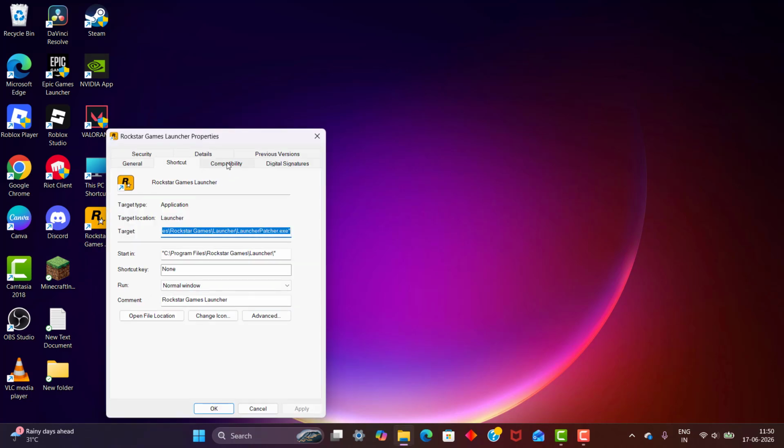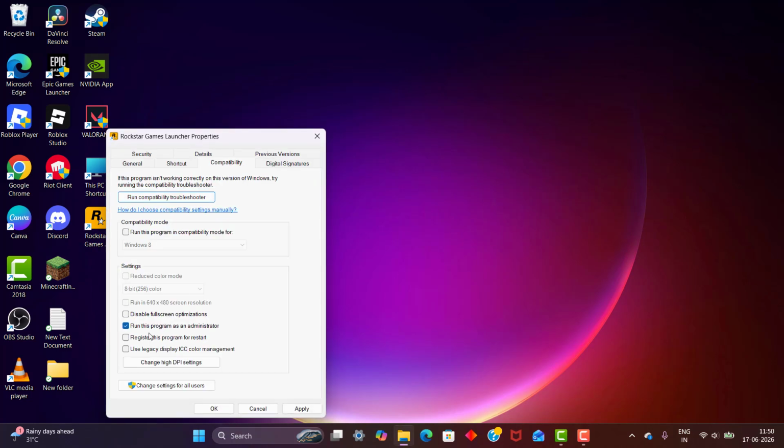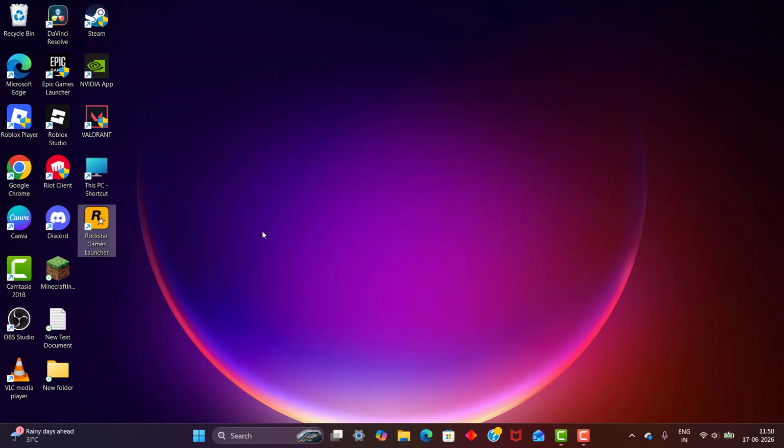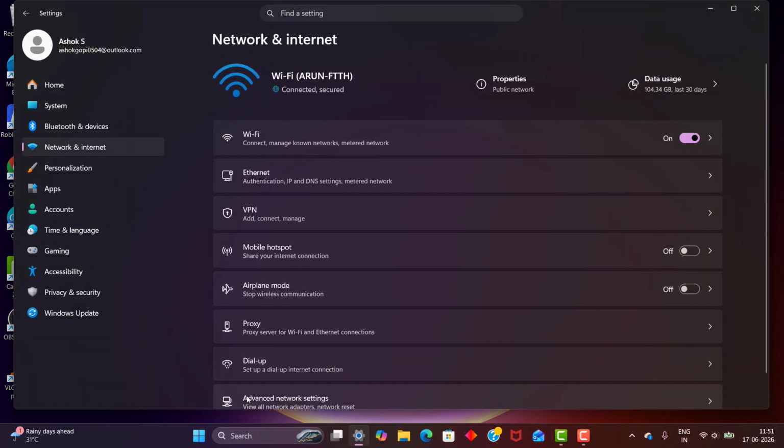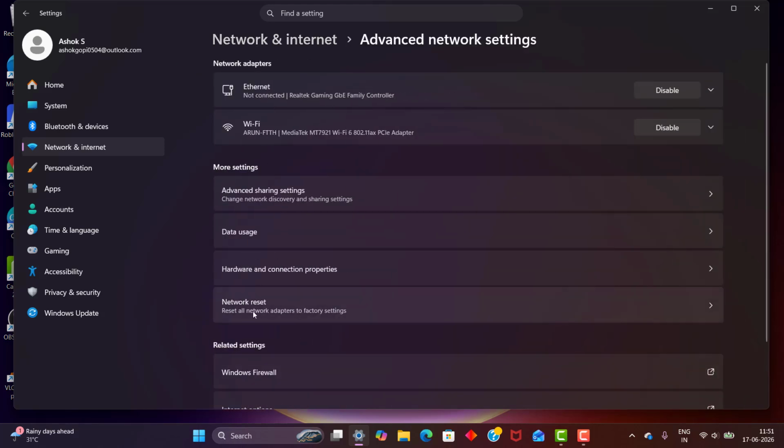Right click Rockstar Game Launcher. Go to Properties, click Compatibility and make sure to run the program as administrator. It should be in enable mode. Click Apply and OK. After that, third step, click Settings, click Network and Internet settings, click Advanced network settings, click